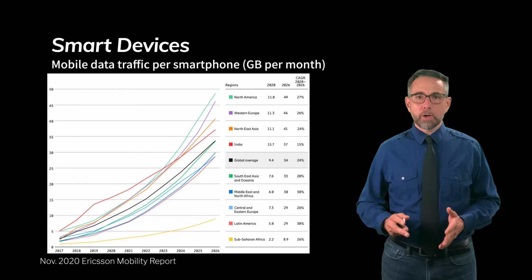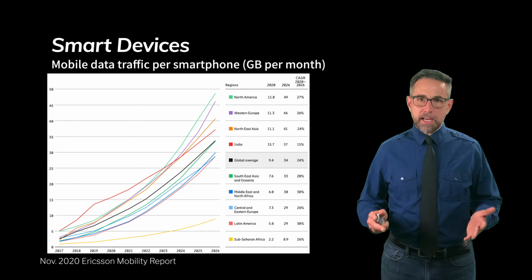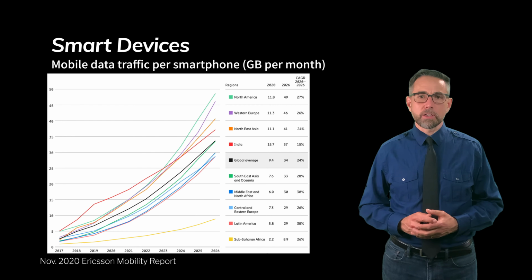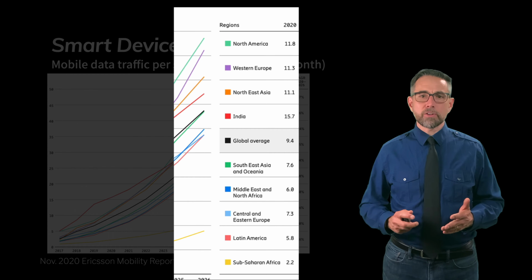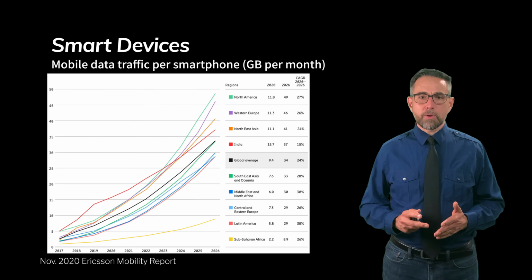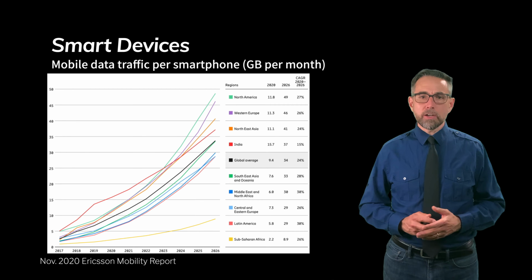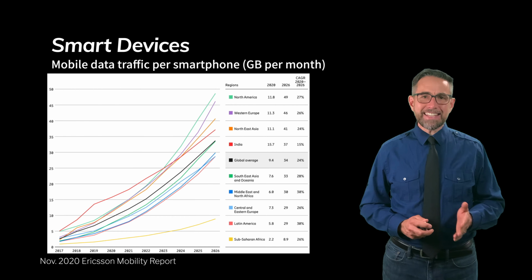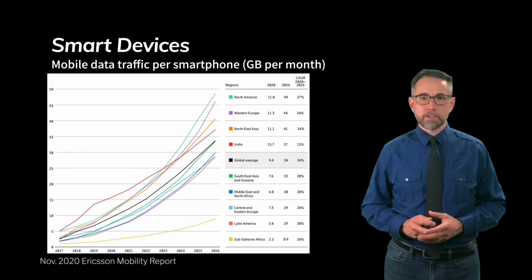If we break it down according to different countries, you can see a similar kind of trend where the growth in mobile data traffic per smartphone is increasing based largely on the wealth of a country. So North America is projected to see the largest growth in mobile data traffic, followed by Western Europe, and then Northeast Asia, and then India is the top four. You can see that this graph is predictive. It's kind of in the middle left, we've got the current state, and you can notice that currently right now, Northeast Asia has the most mobile data traffic, but that's expected to be overtaken by 3 other regions in the next few years.